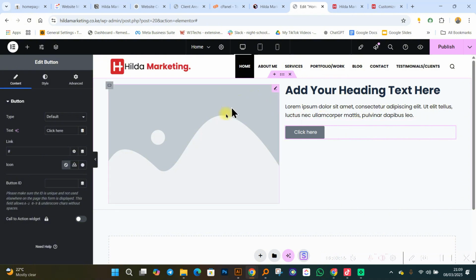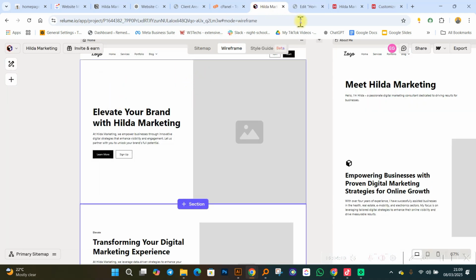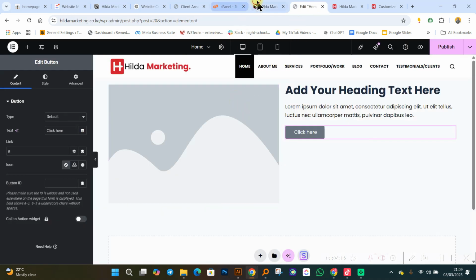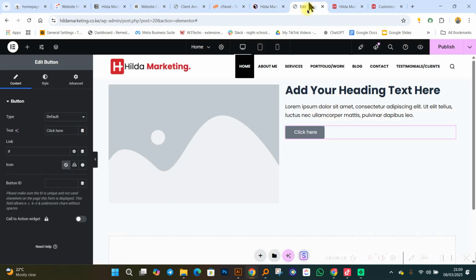All right. So I'm going to show you how fast I easily create a website. So currently this is Relume. Now I don't want to export all these. I'm going to be fast. So as you can see, the image is on my right. This is the image. This is my right. Then this one is my left. So what I'll do is I'm going to move this to this part over here like that.